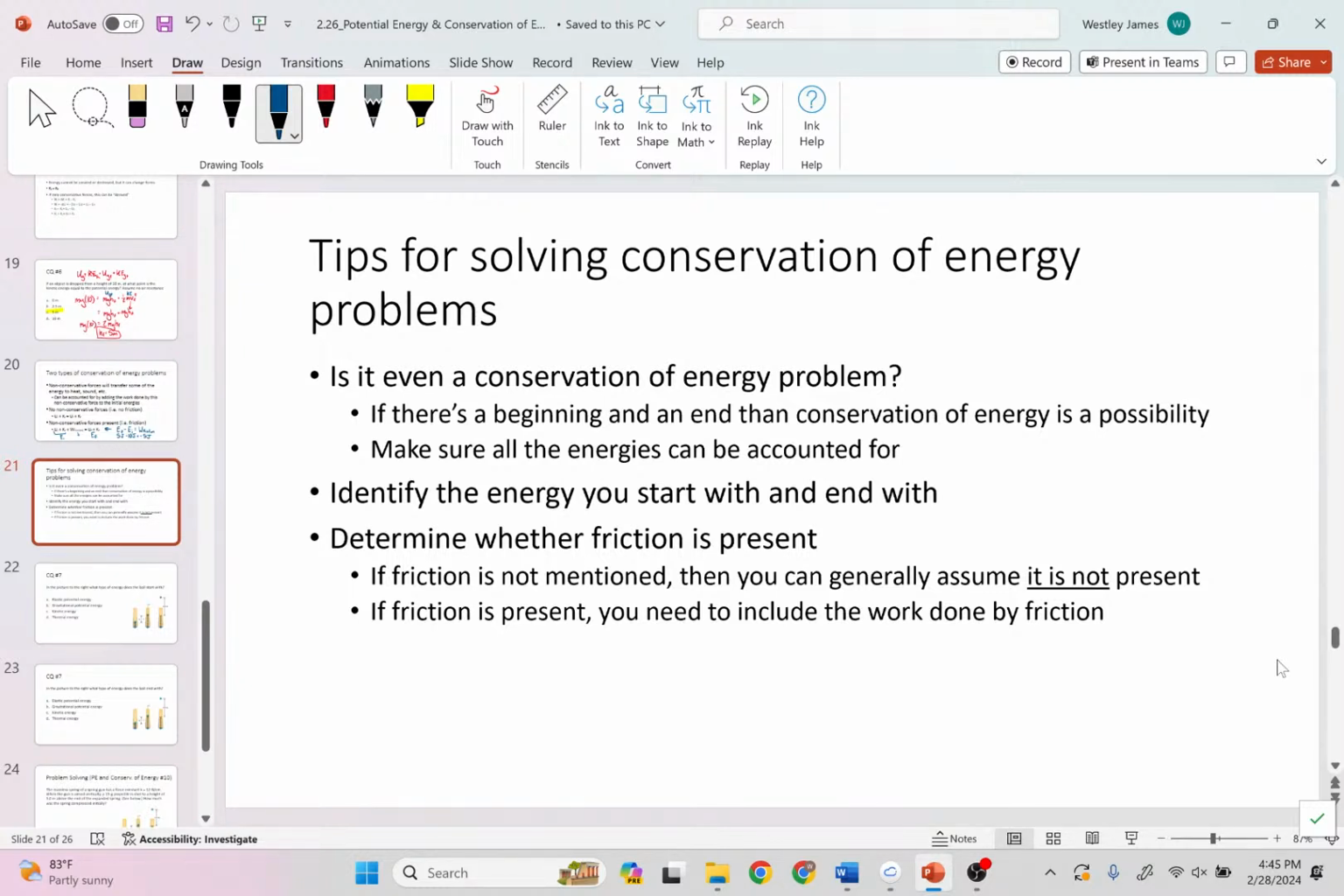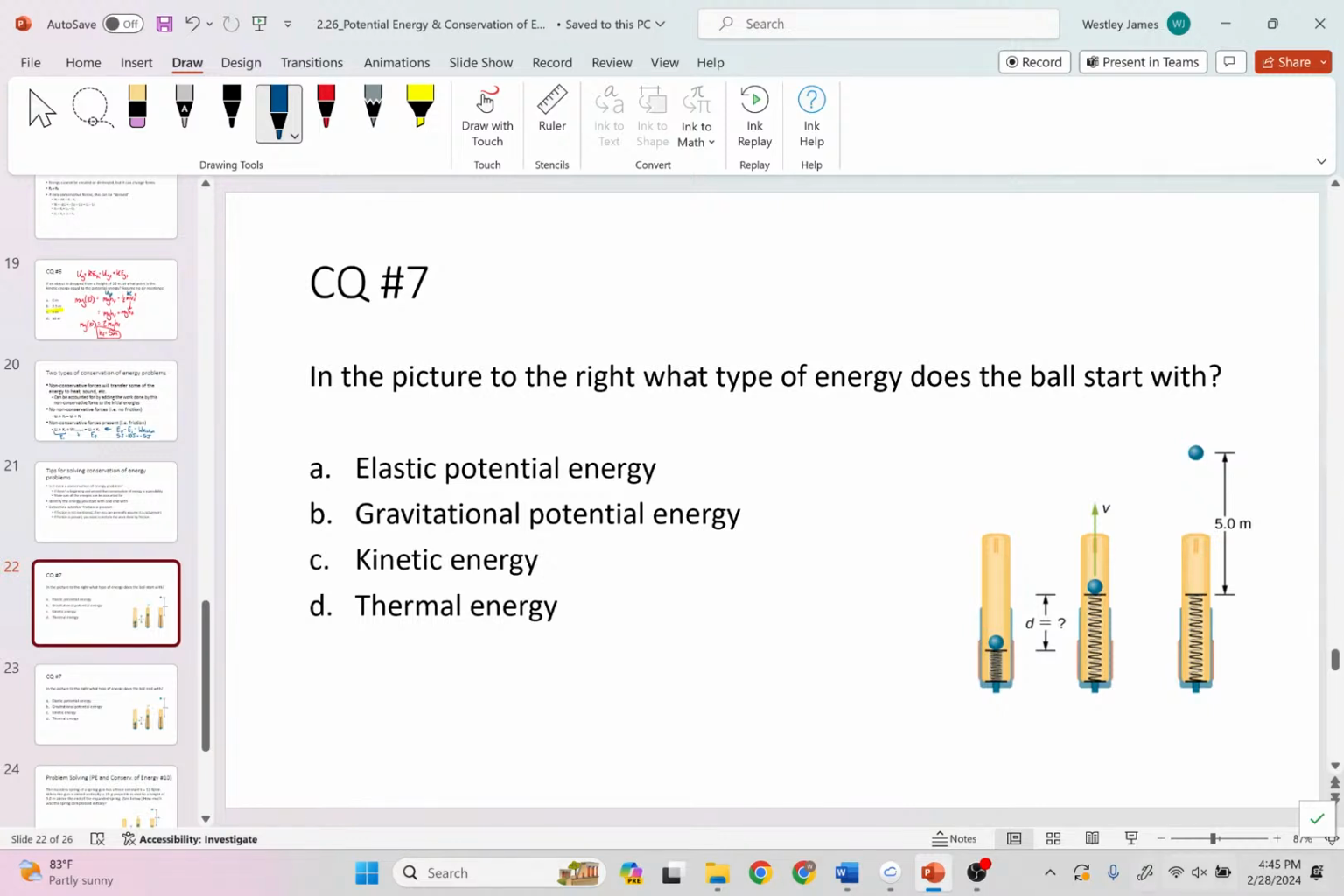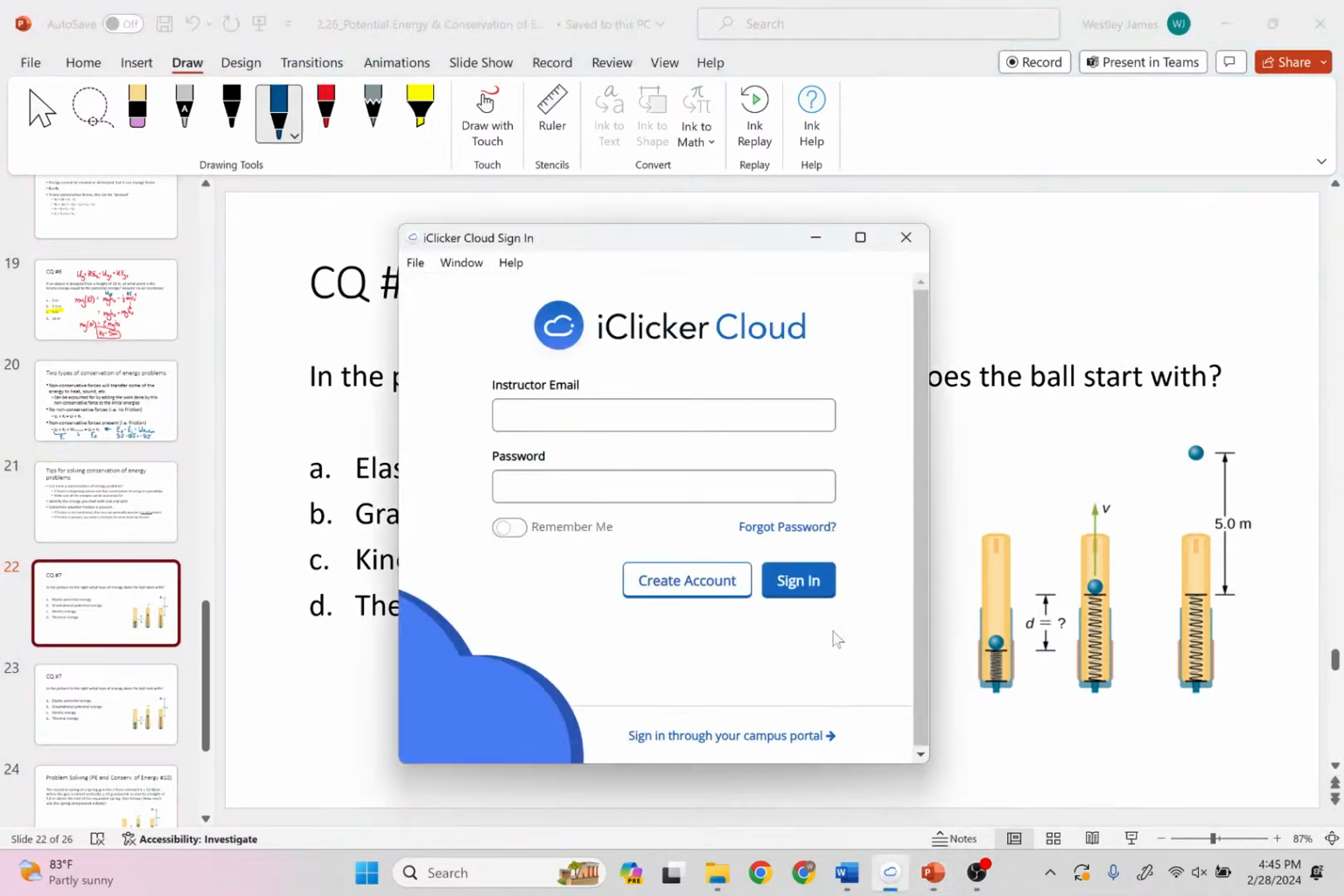Okay, so let's do a couple clicker questions and then get to some mathy problems. All right, so let's log in, because it always likes to do this to me. So this first question is a spring that's getting compressed. And the question is,